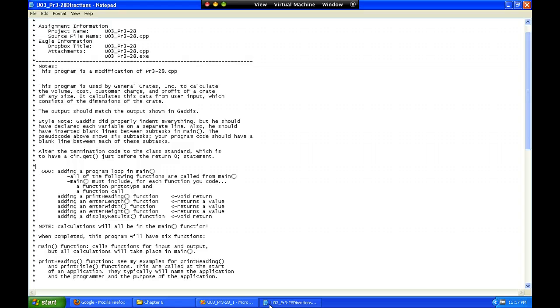This program here begins multiple functions in the program as a prior one. Also, in this program, it's calculating the volume, cost, and customer charge, and also profit of a crate of any size. It also calculates this data from the user input, and it consists of dimensions of the crate. The output you'll see in just a second,